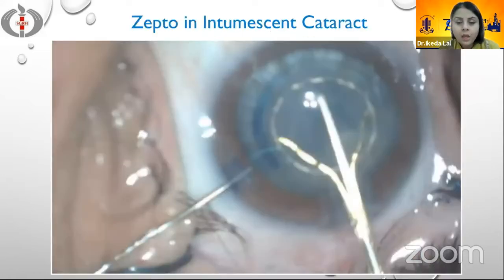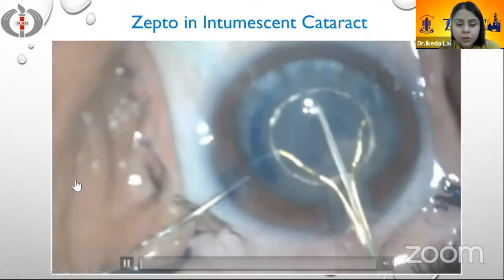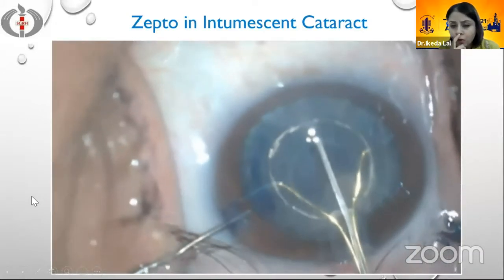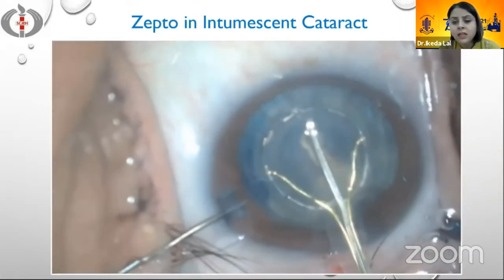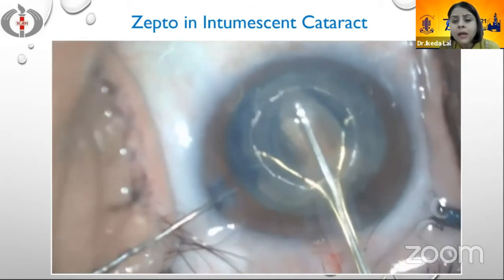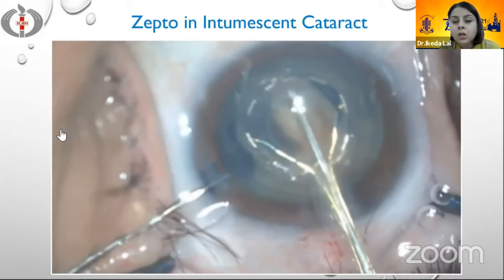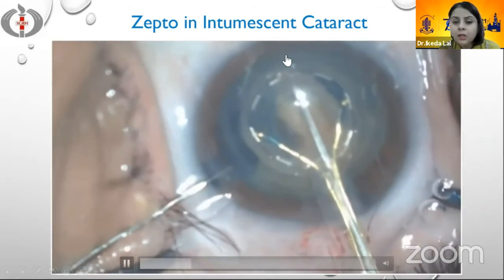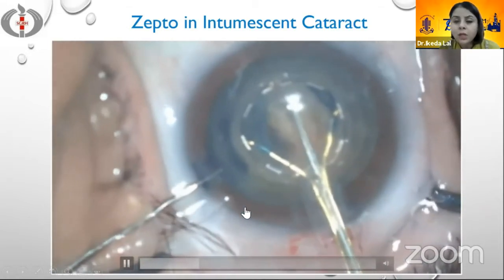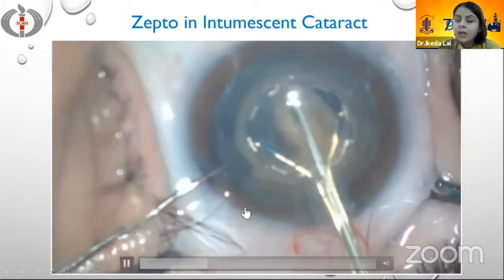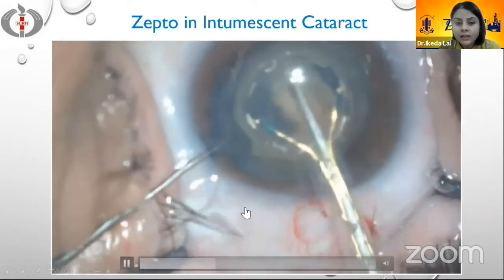And although we have an eccentric rhexis which was planned deliberately in this case, the surgery could be completed with ease. Now, this is a patient with an intumescent cataract, and we are always scared of the Argentinian flag sign in these cases. As soon as we apply the suction, the capsule just tears. But the interesting thing was that the tear is limited within the suction cup of the capsule, and it doesn't extend to form the Argentinian flag sign.